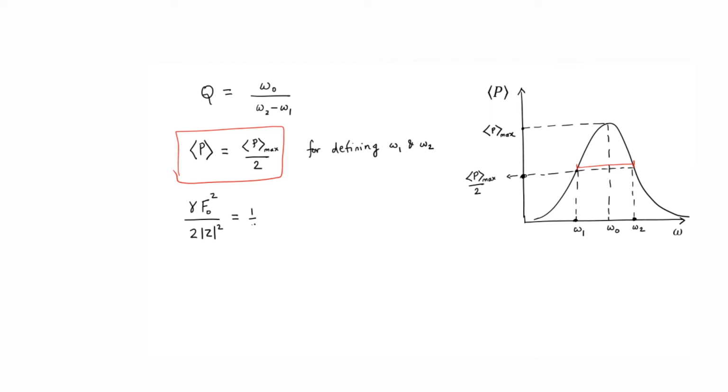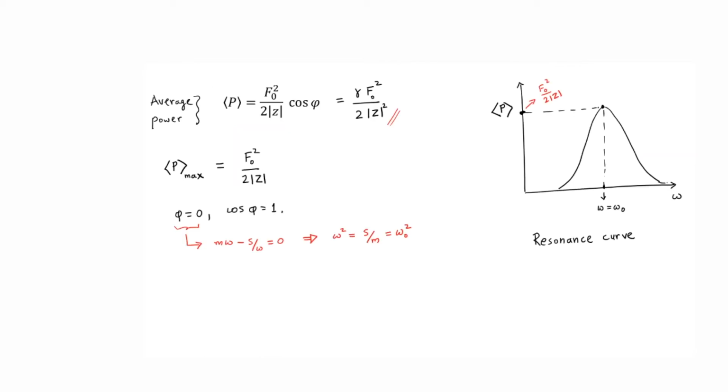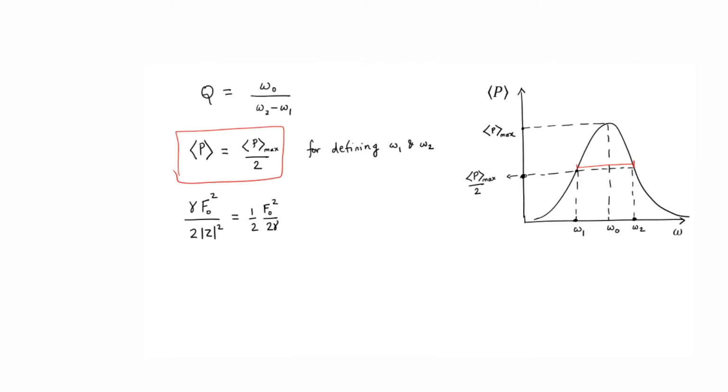So, that is half into f 0 squared divided by 2 gamma. Remember that we had this relation for maximum power supplied. This is the condition that we have,